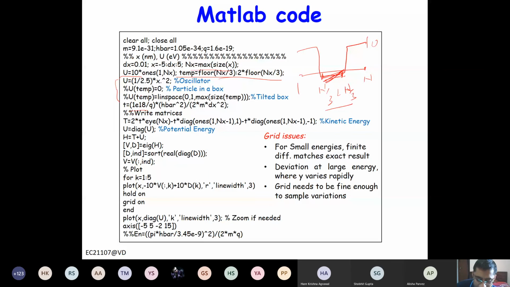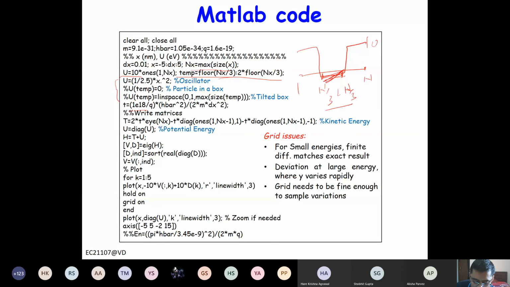Instead of multiplying there, I divided it here so that I get numbers which are proper basically. Because if you deal with 10 raised to the power minus 19 for every number, it will be difficult to solve. So we have scaled the equation by q. That doesn't change the equation, but we get decent numbers to deal with. Then you can make the matrix.